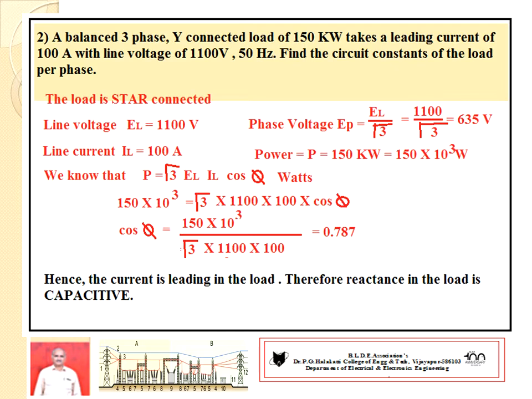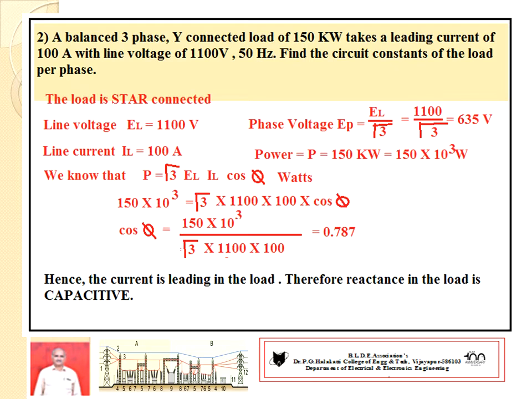Once the power is given, then we have to use the power expression. Already in single phase system, what is the power? Power equal to I square into R, power equal to VI cos phi, power equal to V square by R. So in 3-phase system also we have to use power relations. EL is available, IL is available, power is available, then we have to determine power factor. So power equal to root 3 times EL IL cos phi.